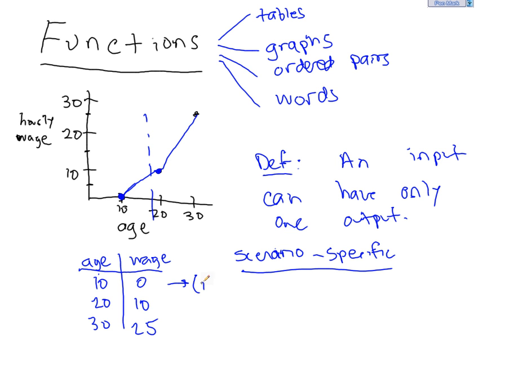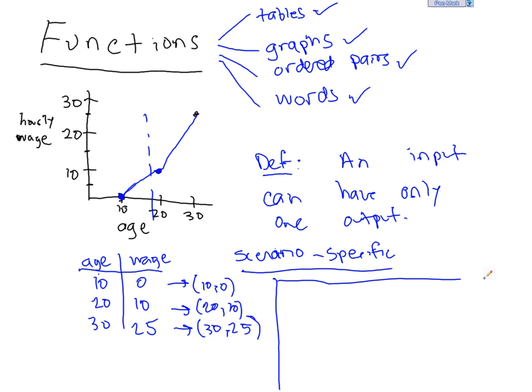In ordered pairs, we would say 10, 0; we would say 20, 10. Remember, our input always goes first. That's just the format that we have. And then finally, 30, 25. So again, we see that an input of 10 only has an output of 0. Okay. And we've done tables, graphs, ordered pairs, and words. So if these two variables are related by a function, recall that we would say, this is just the way we always write it, output is a function of input